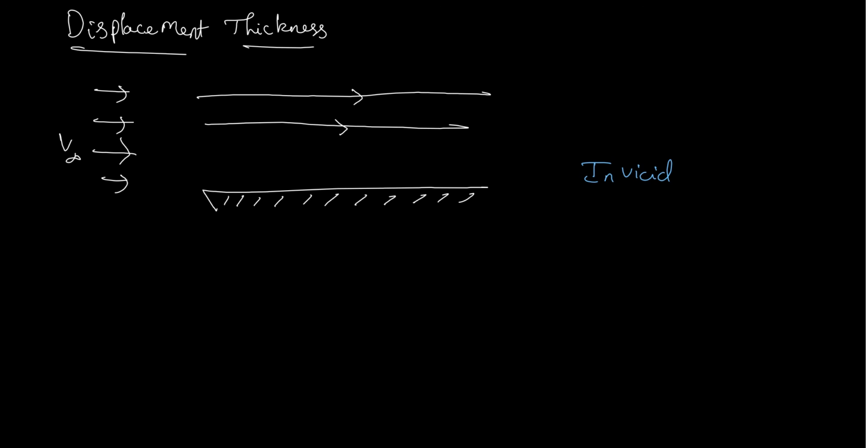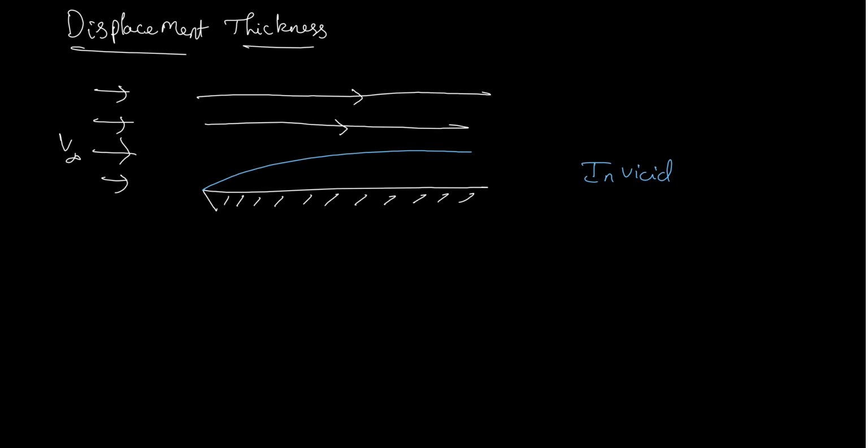Now assume that suddenly I take a viscous flow, and we start to get a boundary layer like this, a velocity boundary layer. The velocity boundary layer is what is actually seen by the flow. The temperature boundary layer is not actually seen by the flow. It is just the properties across the thermal boundary layer that vary along the flow. So this is my boundary layer.